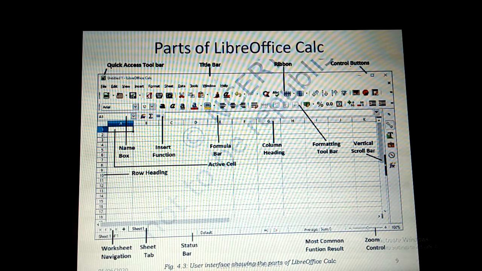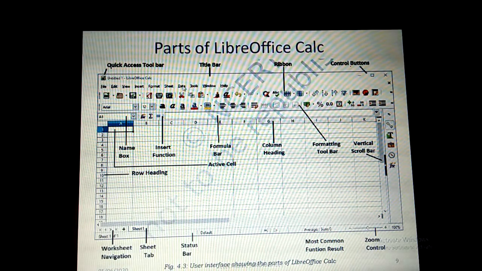So next, the title bar. The title bar is normally used to give the title of the current spreadsheet, and this entire top rectangular ribbon is known as the ribbon, and these three are control buttons. The minus symbol represents the minimize button in order to minimize this opened window, and this is called the maximize button, and the close button is indicated with the cross symbol. If you want to close this window or any opened wizards, you can click on this close button. These three are called control buttons.